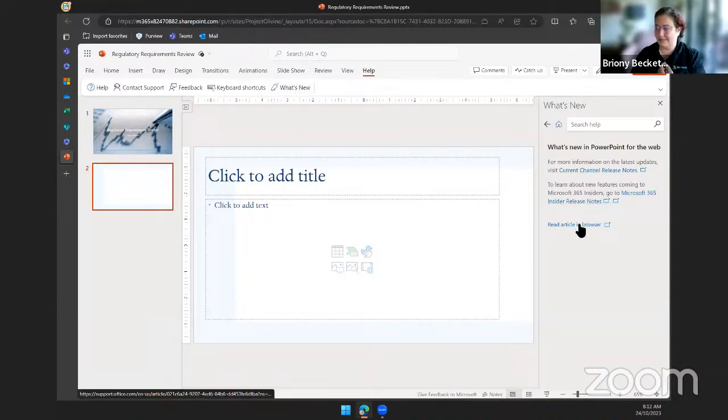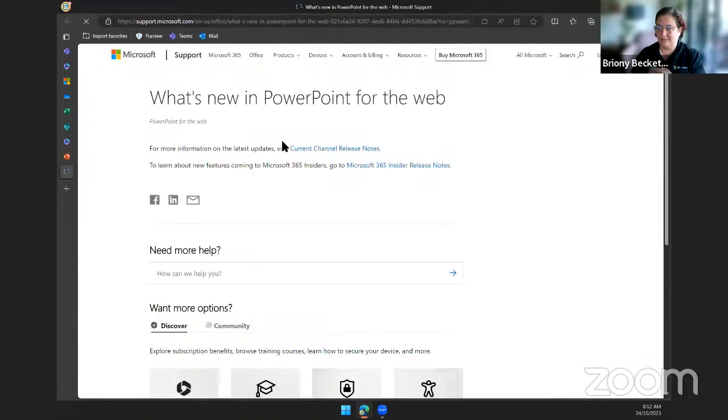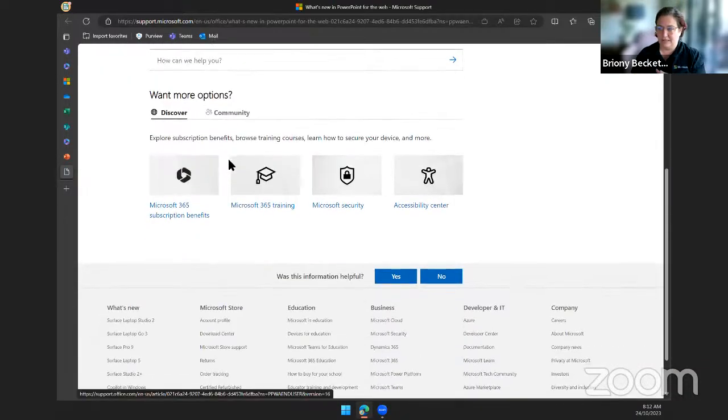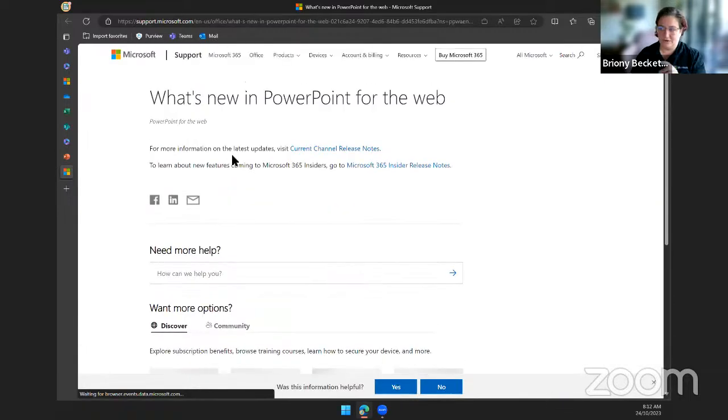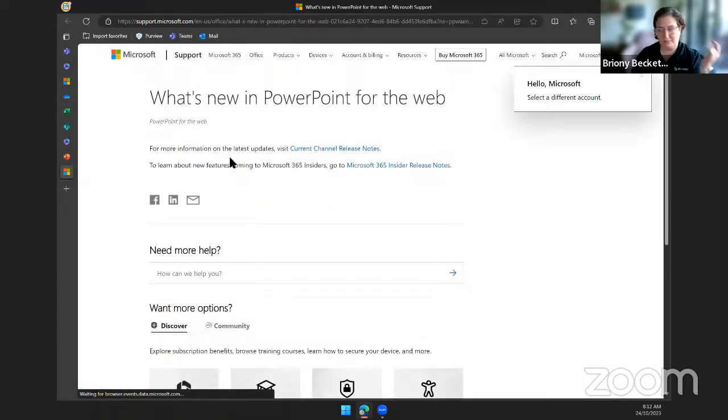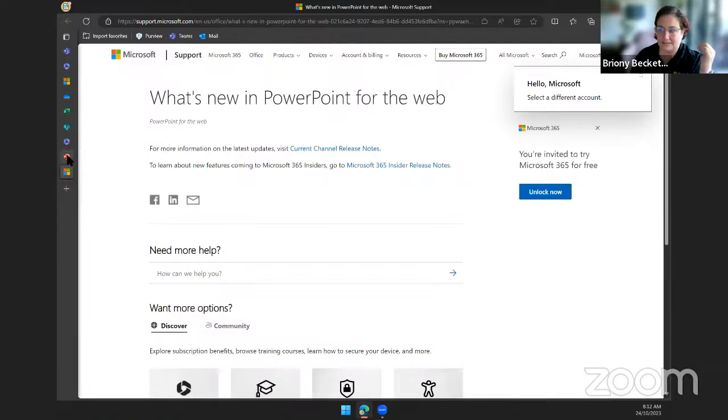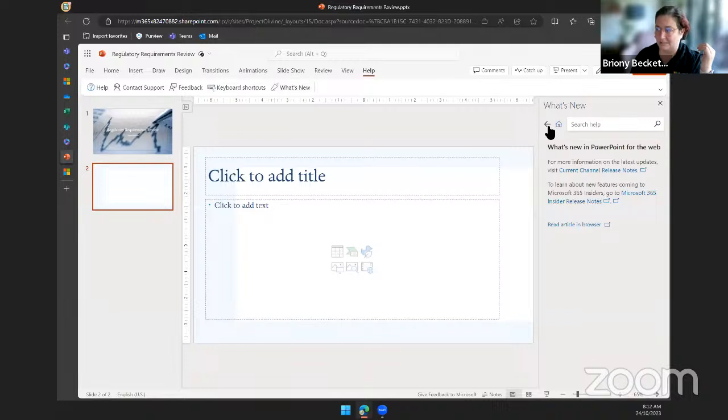It is going to link out to the articles and what's new. It's not going to have as much as the Teams help feature, but there is going to be that same sort of link out to see what's happening. There's probably not as much within the Office applications themselves as there is in Teams in regards to what's new, because the main thing that is new in the Office applications is integrations with Teams, or potentially